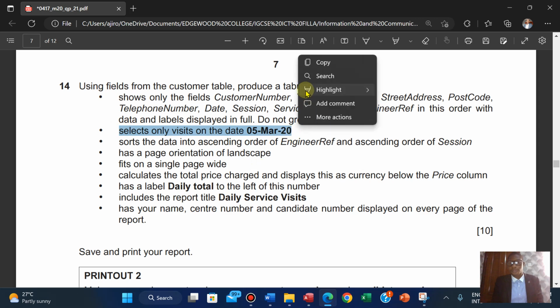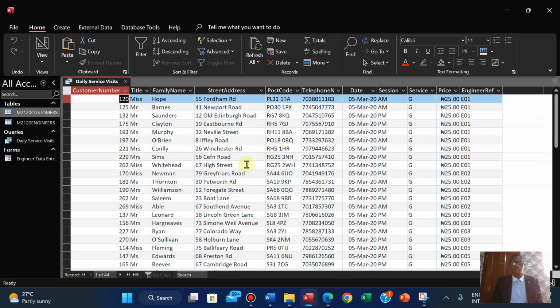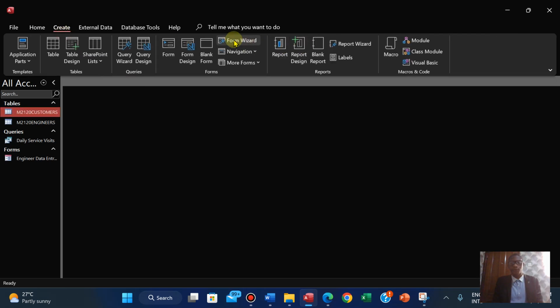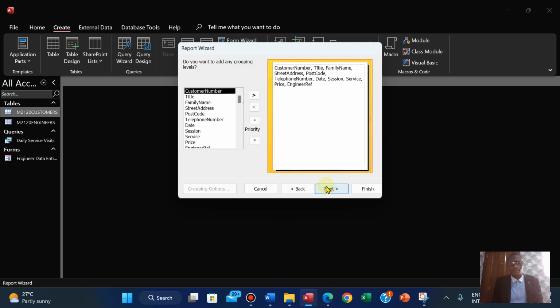So yeah, I think we're done with our query here. So I think we're done with it. Yeah, so let's begin. So we're going to save this and close. We're going to create a report for this. From the query, we're going to move everything here, just everything here. Next, we don't want to group the data. So remember they said do not group the data. So next,